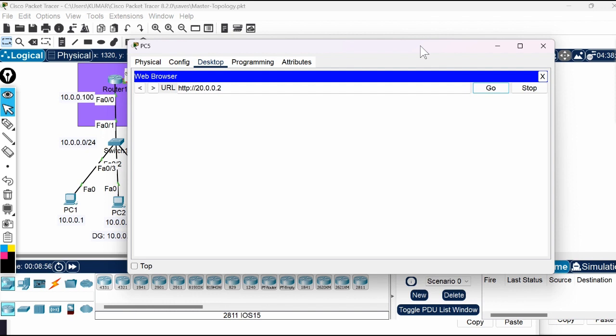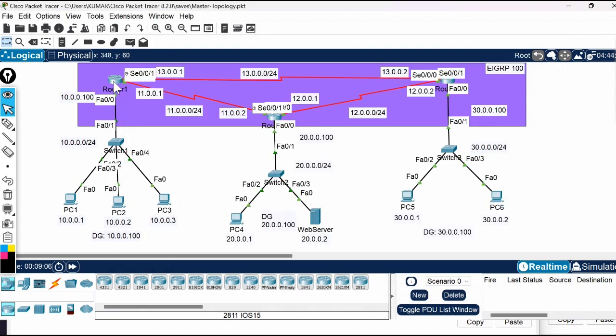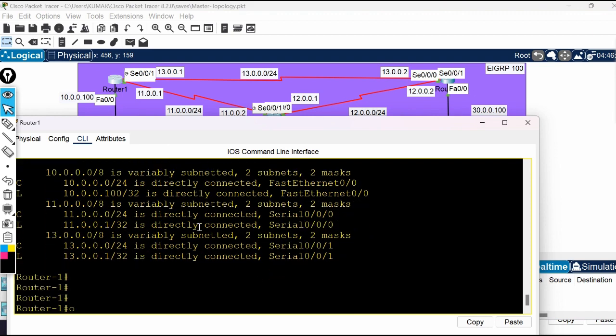So that's it. We have got to know that yes, there is no routing protocol right now and no communications. Let's move ahead and do the configurations for the communication here. Fine. So I'll go to router 1 first. I'll configure in router 1 first. And I'll say configure terminal,